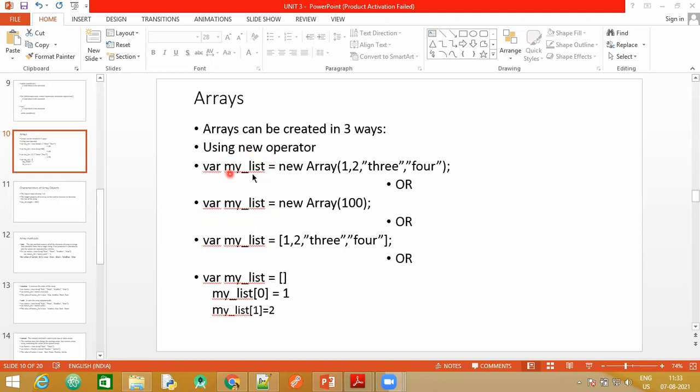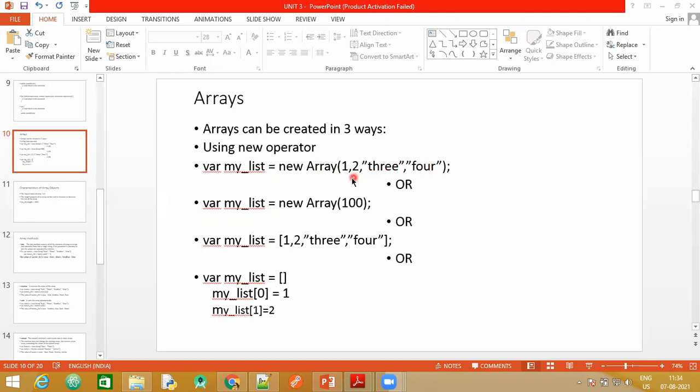The keywords new and Array indicate that we are trying to make my_list an array. Then you can make use of the round brackets, and within the round brackets you can give the elements of the array, separated by commas. If you observe this particular array, you can see that we have two different primitive data types used here. 1 and 2 are numbers. 3 and 4, since they are written in double quotes, will be treated as strings.